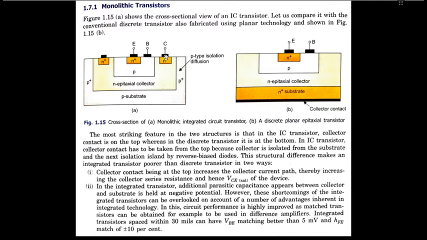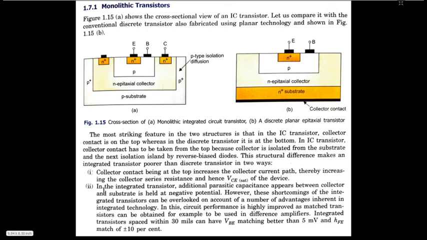by a p plus channel layer, and therefore the variations will be predominated. The one more negative part observed is that the collector, emitter and base are all connected from the top. तो क्या होता है कि करंट पाथ लंबा हो जाएगा, and therefore the collector offered resistance for the current would be larger. That is happening in the IC based monolithic transistor compared to discrete transistor.